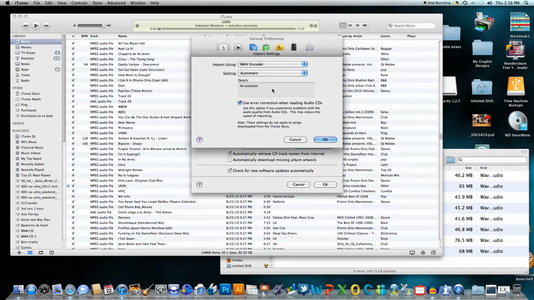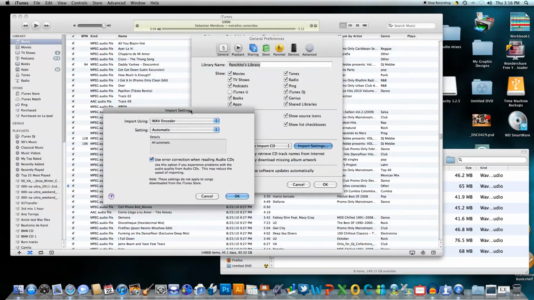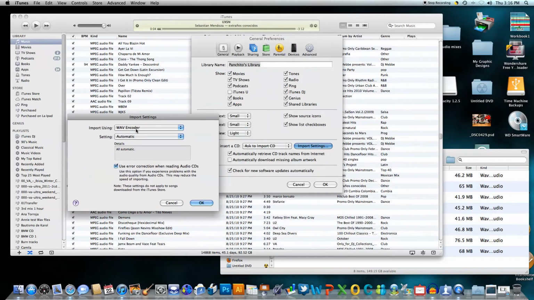What you want to do is, as you notice, I have it as WAV. This here says WAV encoder. So now every time I put a CD in, whenever I want to import that CD, it's going to show up as WAV encoder. So what you want to do is put it on MP3, and then